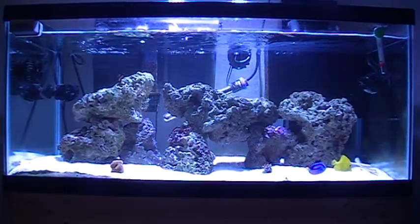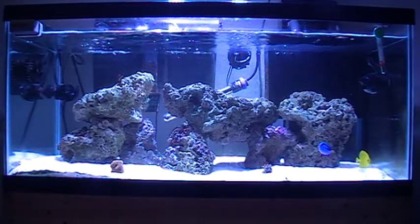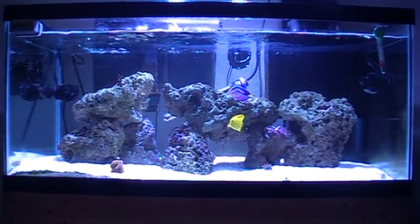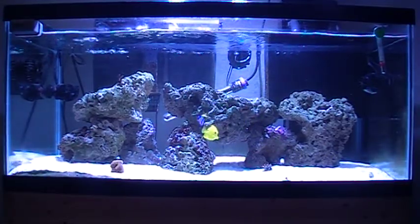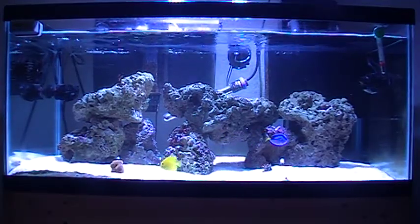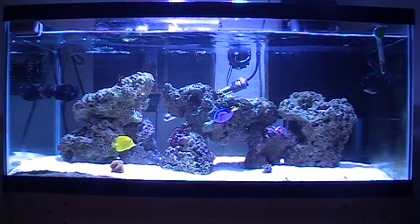And again, I'll zoom into all the corals here in a bit, but let me just get the rest of the update out of the way. So yeah, like I was saying, when I first put these corals in, they were looking like shit, but after they got in this tank and got settled down,